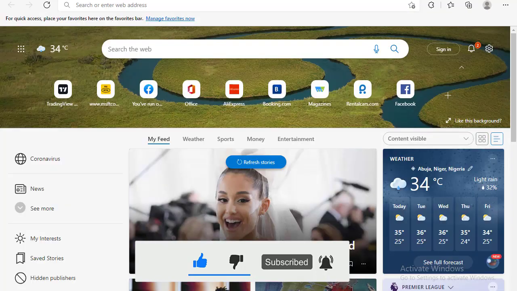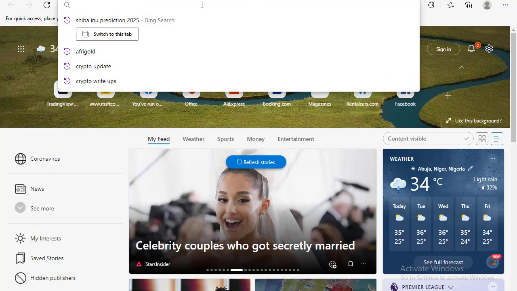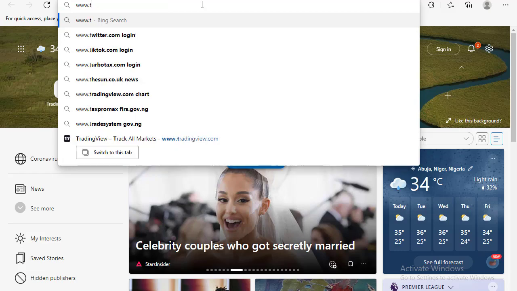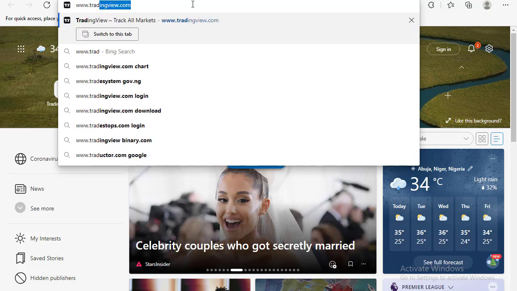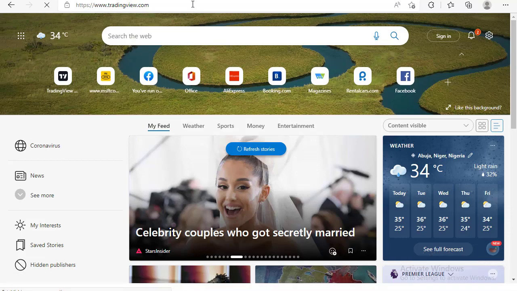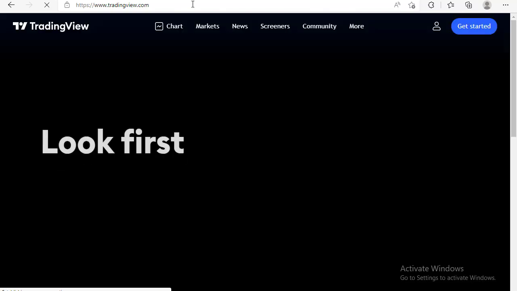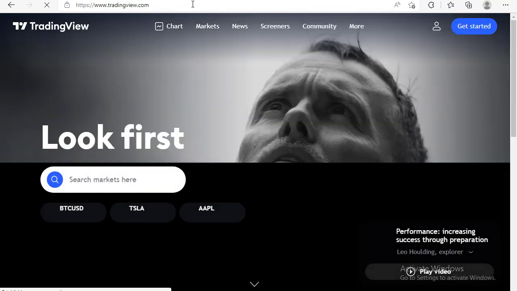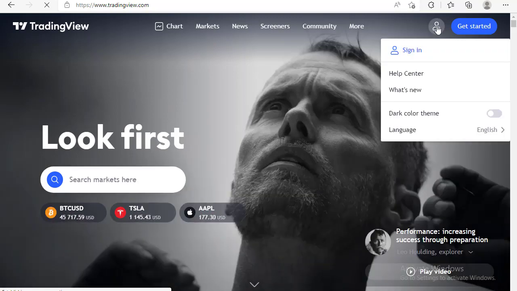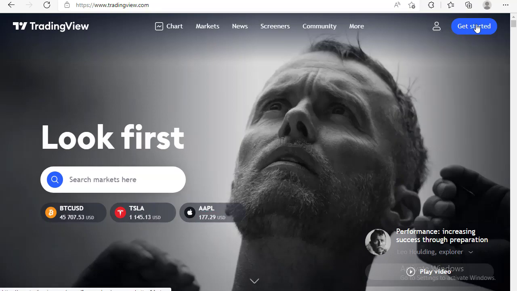So the first thing you need to do is go to Google and type tradingview.com. Then you wait for it to load, because you first have to create your account. You can't use it without creating your account. So we have two options. The first one is for you to sign in. You sign in if you already have an account, but if you do not have an account, you click on